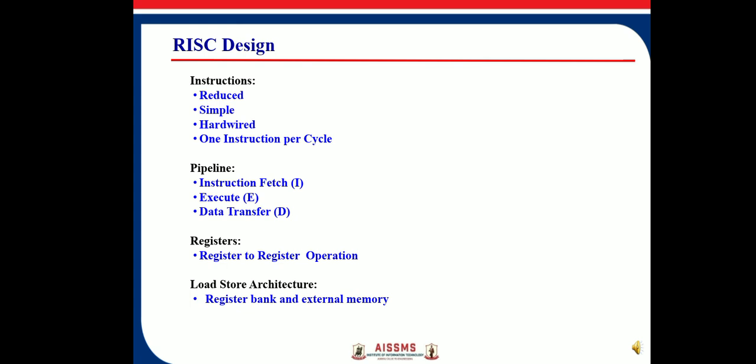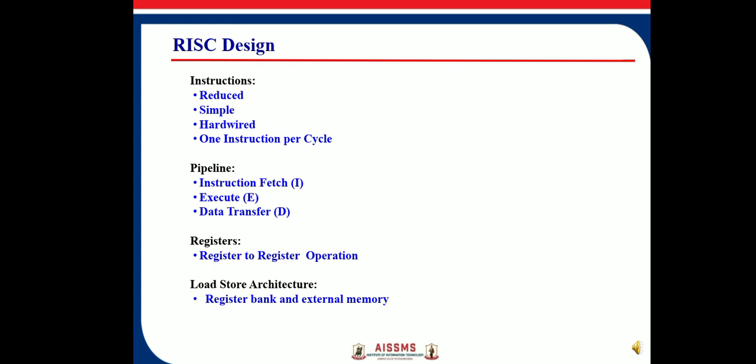In case of load and store instructions, there are three major phases. These phases are instruction phase, execute, and data transfer, where I and E, these are the two processes, they are same. Data transfer, this is the third phase, where in execution phase address of memory is calculated, and in data transfer phase actual data is transferred from register to memory or from memory to register depending upon the instruction.